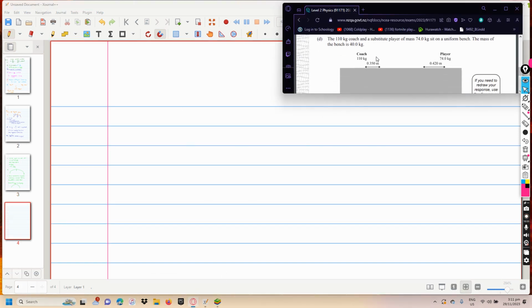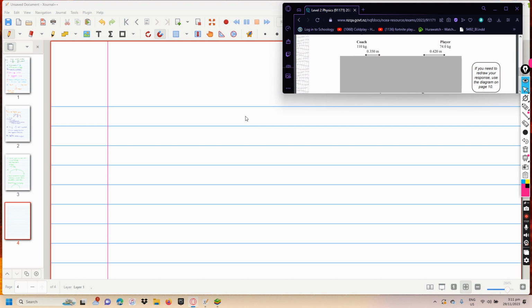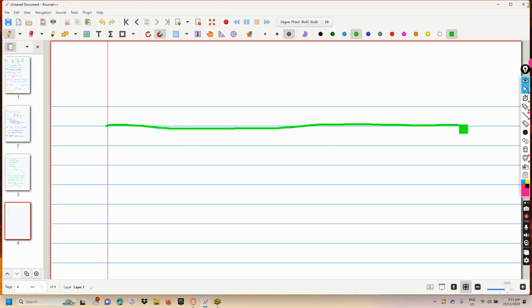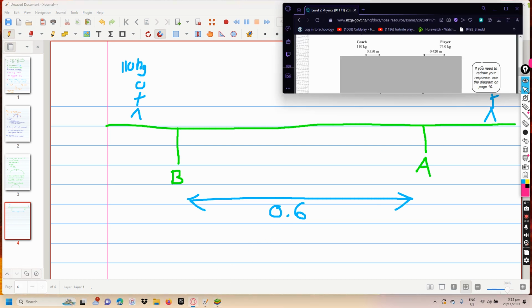So that's that. Okay, and then what many people will say is the hardest question, a bit of a tricky torque question, but let's go through it. We've got our bench. This can be support force A. This can be support force B. Okay, so this distance is 0.6. Now there's a coach here, 110 kilograms, and there's a player here at 74